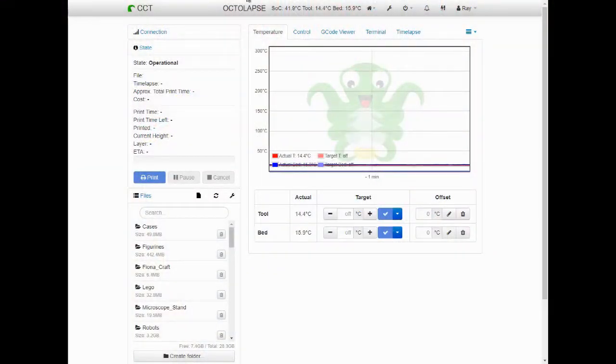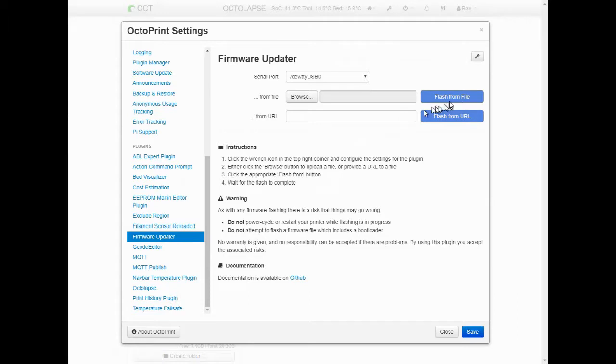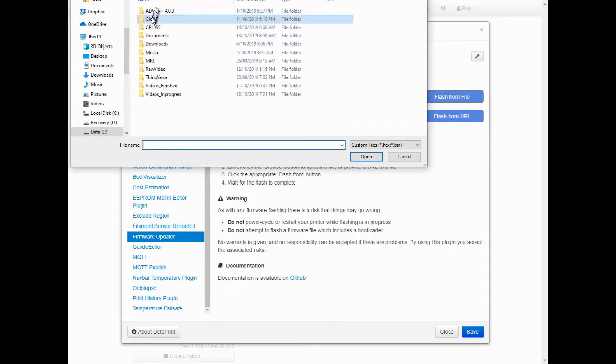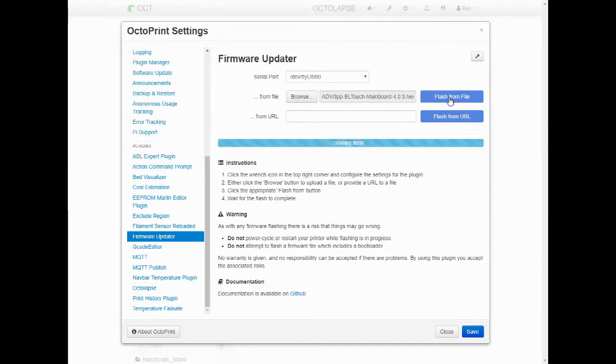Okay, to do the firmware update I'm going to do this through Octopi. In Octopi there is a plugin you can use to do firmware updating. This does work with the Cocoon Create Touch, as I've done this before. So we're looking for the ADV i3pp-BLtouch mainboard 403.hex. We open that, we flash from file,